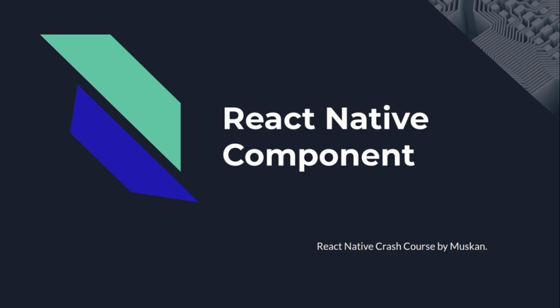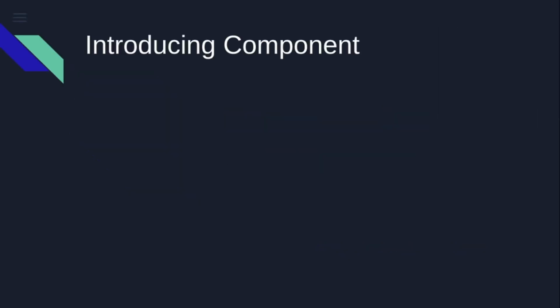A React Native application is divided into smaller molecules and each molecule represents a component. In other words, a component is the basic building block of a React Native application. React Native components are independent and reusable and contain JSX, which is JavaScript XML syntax. It is a combination of JavaScript and HTML.